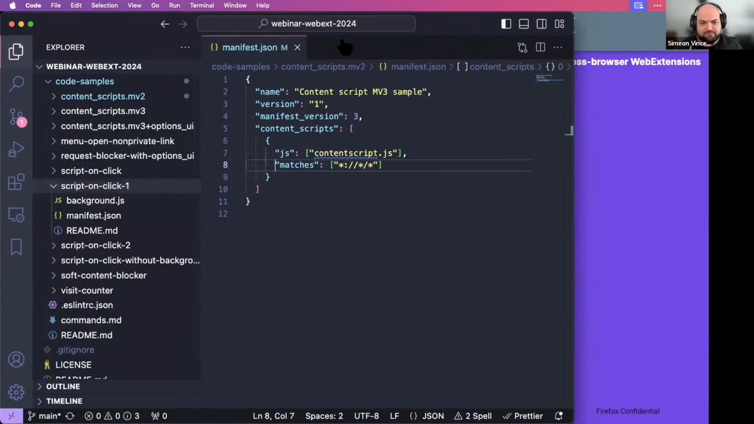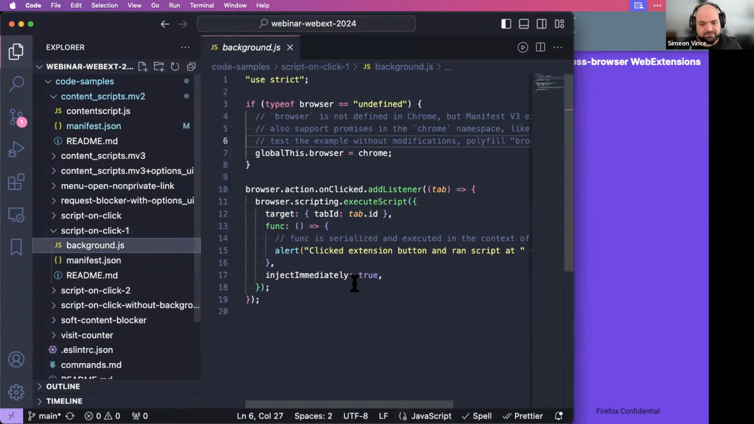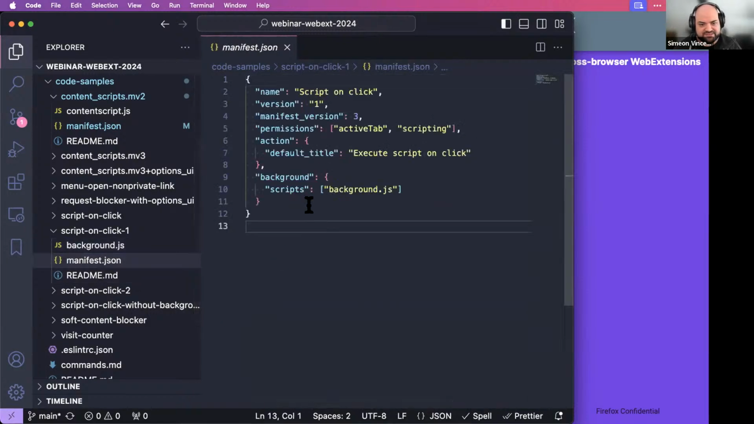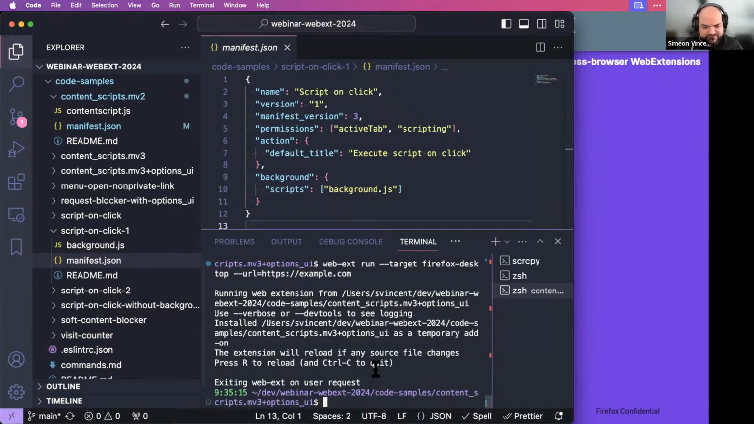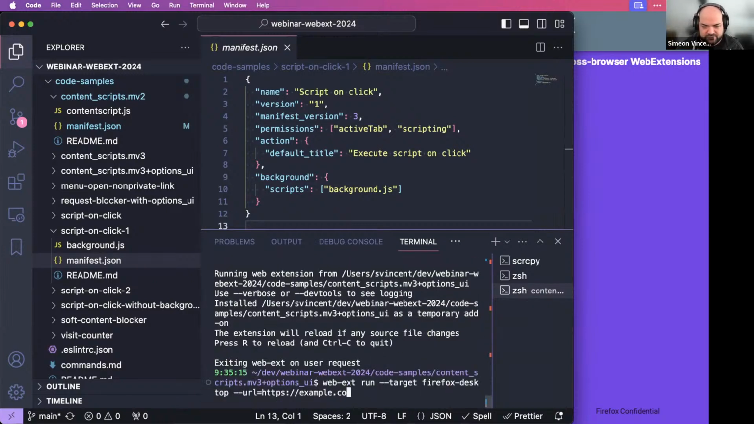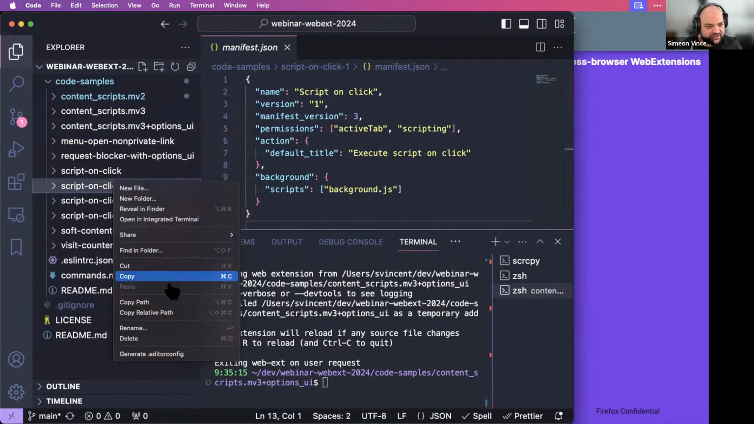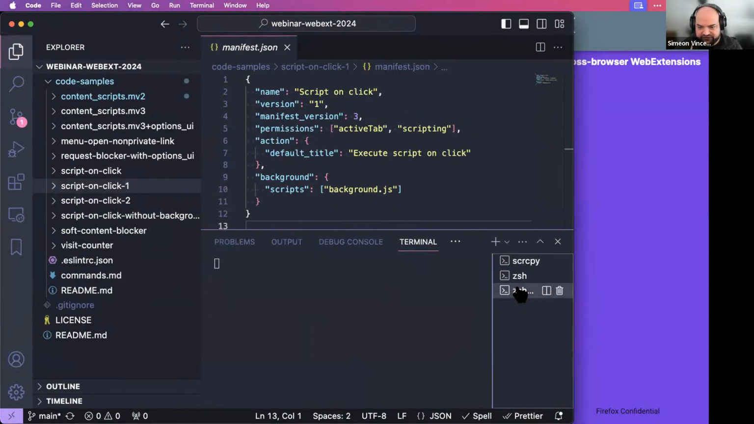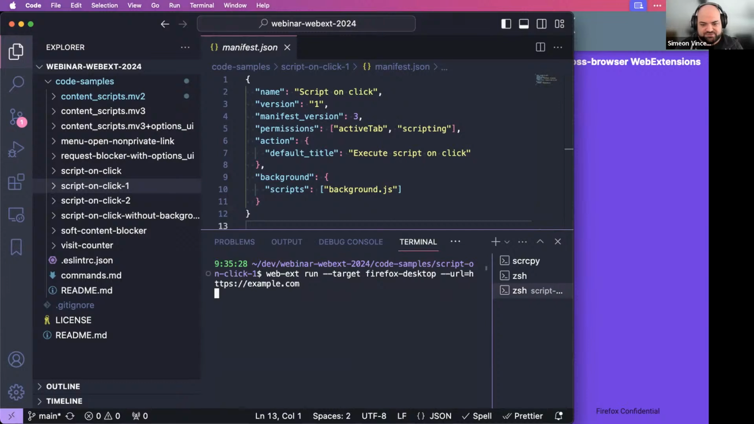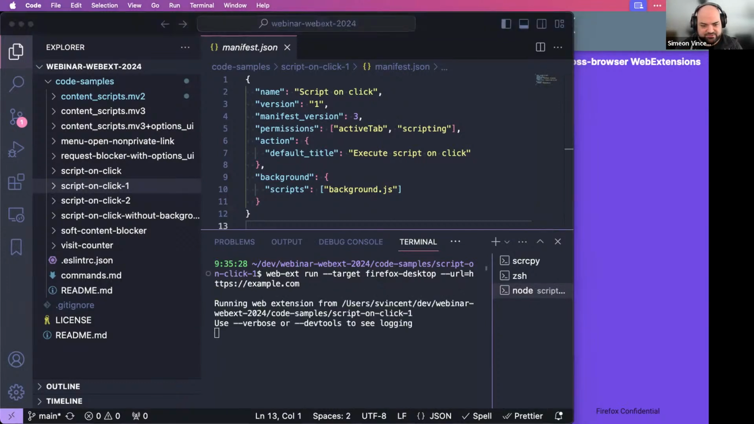Script on click 1, I believe, is the folder that we want. Just double checking that browser is undefined. We set browser, action, onClicked, etc. And then the manifest, scripts. So let's now run this in Firefox. That's right, you need to close that directory and open an integrated terminal. So now when we run web-ext on example.com,